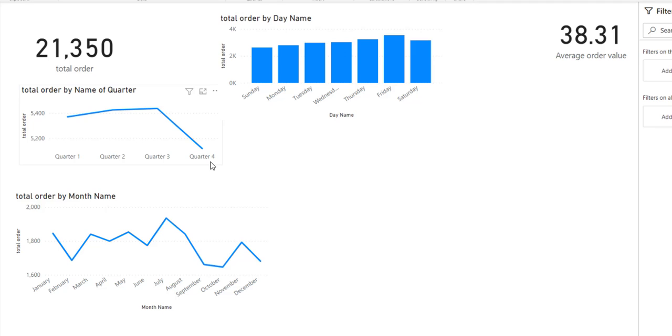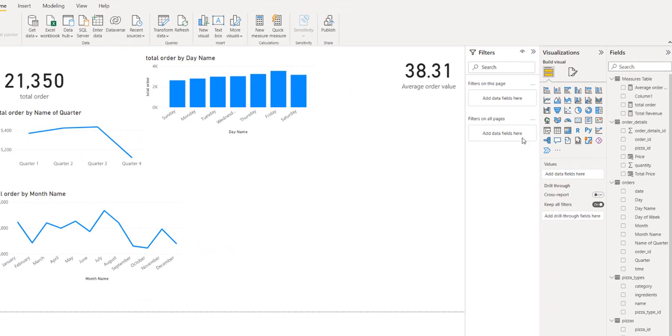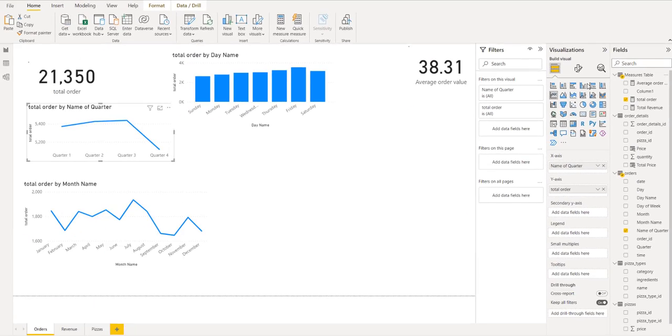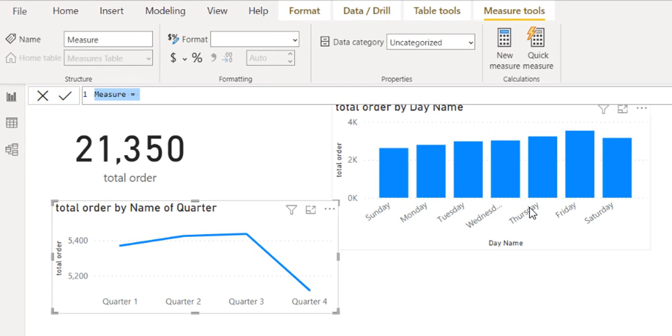No, it's not ideal. So instead of hard-coding numbers, I prefer to have a calculation that's going to populate them, and it's going to be dynamic. What I mean is this. I'm just going to create a new measure for the average order. Let me name it order per quarter. It equals the total order